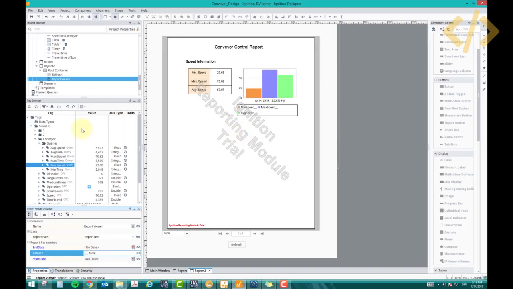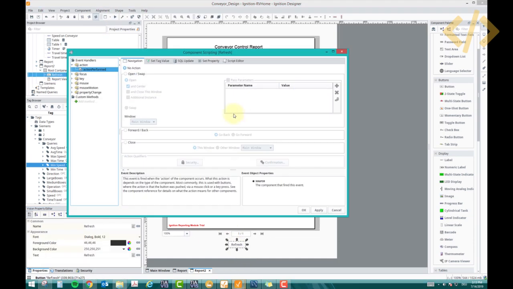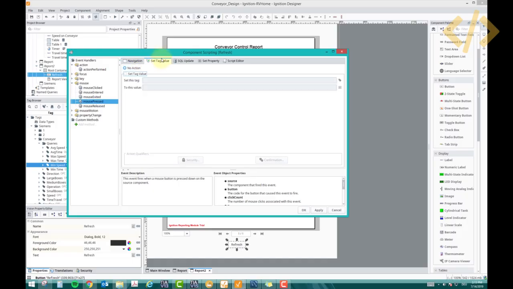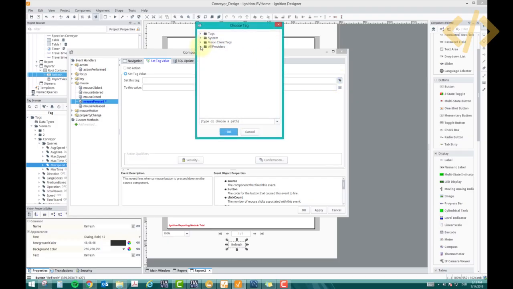But we cannot open the software all the time. We need a button here. So I'm going to use this button, and let's say mouse pressed and released. So when it is pressed, I want to do something with it. Set tag value. So when it is pressed, now you choose the parameter, which should be,